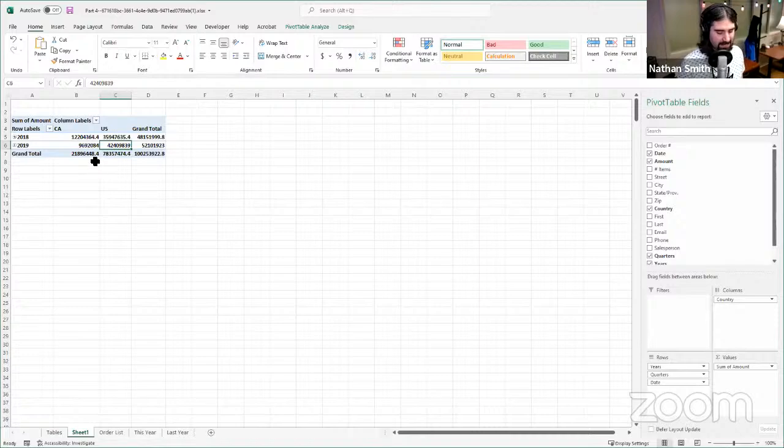And then down here at the bottom, of course, we have the totals for each one. So this is, again, what we saw before, the total of 22 million-ish that we brought in from Canada, and the total of 78 million-ish that we brought in from the US over the 2 years of orders that we're tracking. So there it is, our grand total once again, but it's divided up in all these useful ways that